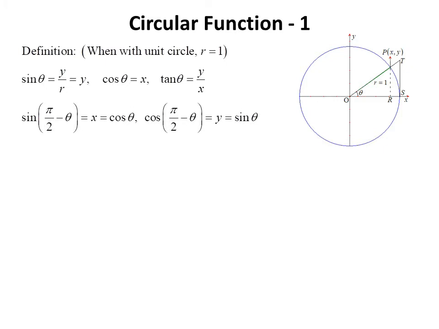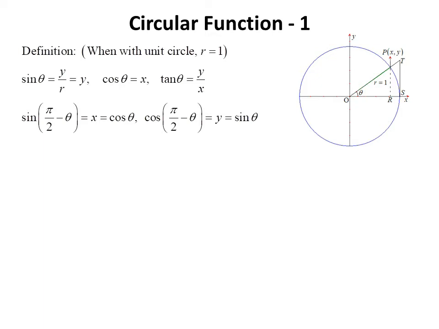It can also be seen that the sine and cosine functions are complementary, since sine of pi over 2 minus theta equals cosine theta, and cosine of pi over 2 minus theta equals sine theta. As we know, with the unit circle, the x and y coordinates satisfy the equation x squared plus y squared